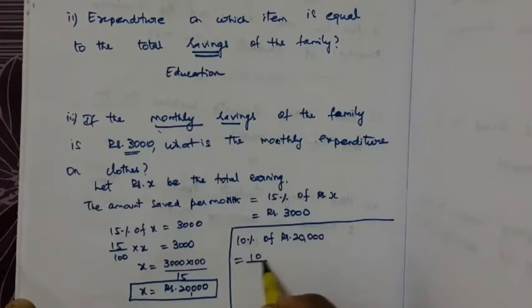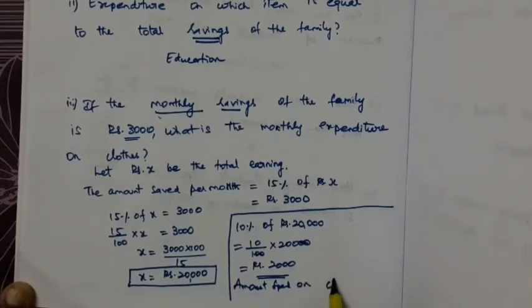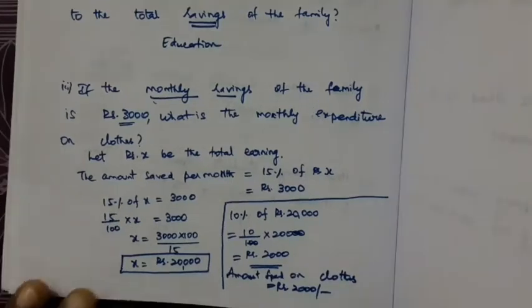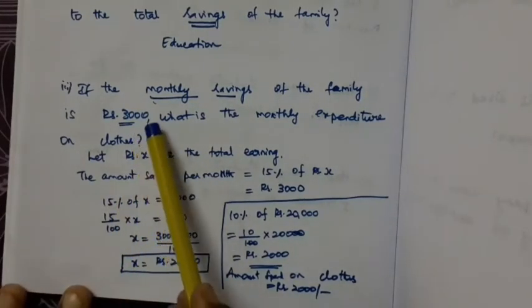That is equal to 10 divided by 100 multiplied by 20,000, which is rupees 2,000. So the amount spent on clothes is equal to rupees 2,000. So here one thing you have to understand is, they didn't give the total earnings of